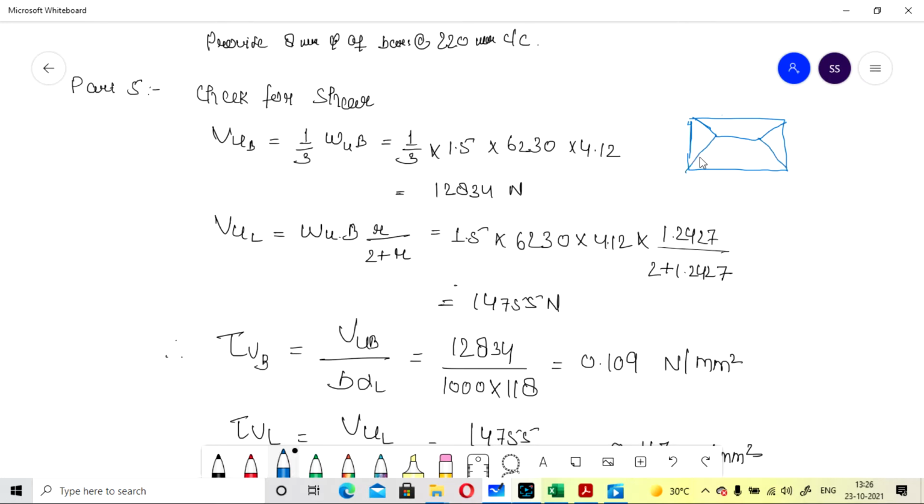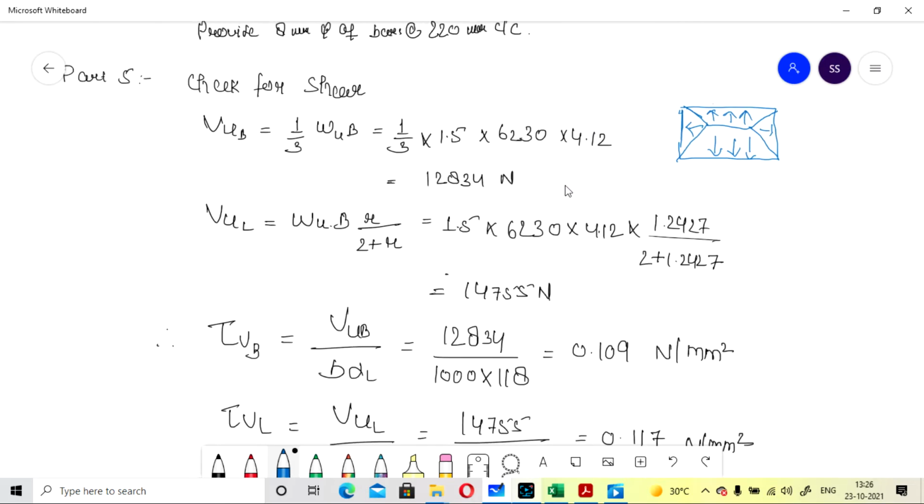If you have seen the slab, this load will go to this side, this load will go to this side, and a triangular load goes onto these beams. So the load is not distributed as half, WL by 2; it is divided into 4 parts, and we apply the formula accordingly. So this value is more accurate for the rectangular portion. If the slab is square, then our shear formula will be different, or you can go with WL by 2 also.